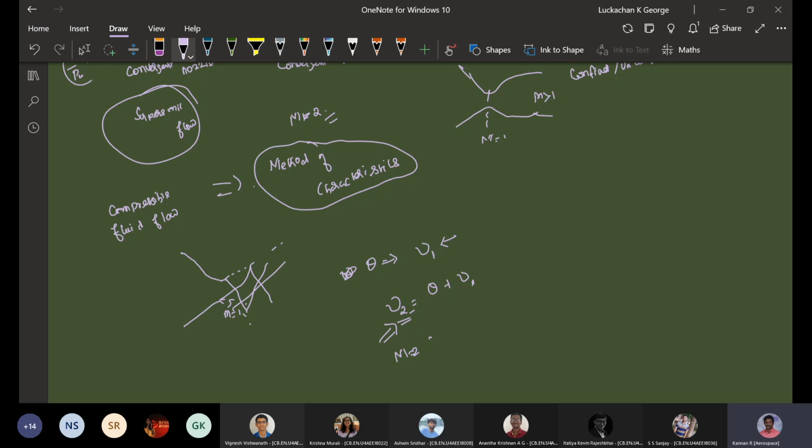Depending on the number of steps, you are going to have multiple expansions, and they are going to reflect. So there will be a flow net kind of thing. We'll identify the simple region and non-simple region, and find out the Mach number in each zone. And we have to have the geometrical shape, how the flow is going to turn. So you need to have an idea about the reflection of waves.